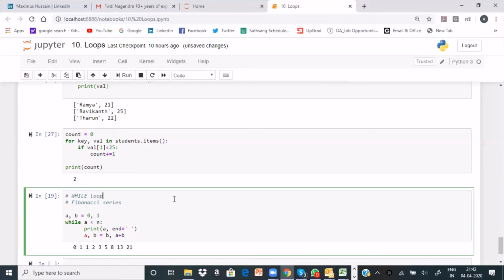This is the cross check for me that you guys are actually practicing it behind the scenes or you're listening to me.